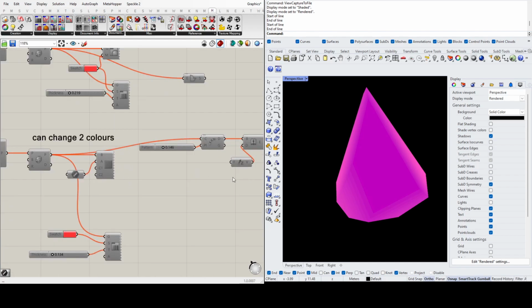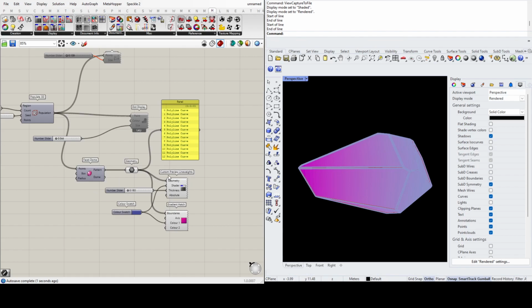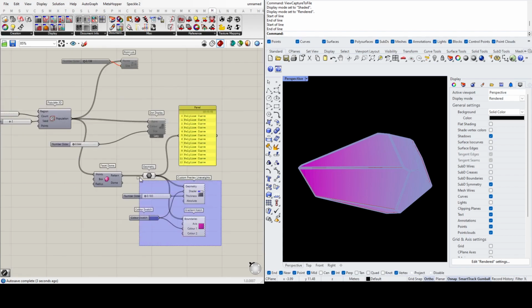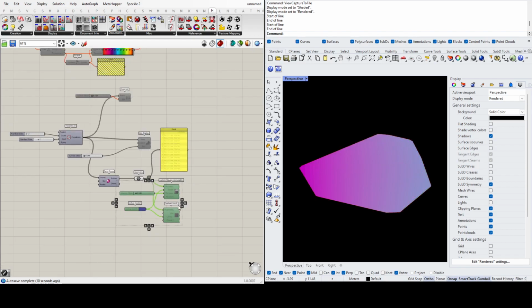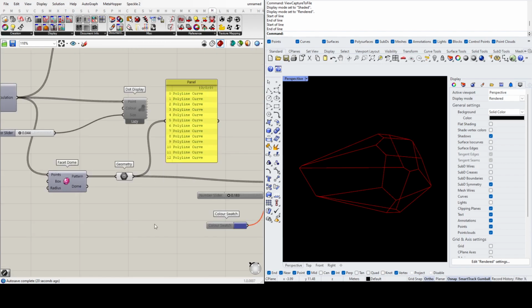Yeah, gradient hatch, we already looked at it. Oh, you can have a dash pattern. So let's say we want a dash pattern. To simplify things, I am going to disable all this. Something going on with my card. So you can have a dash pattern and you can select your curves, put them in dash pattern, and then you need to give